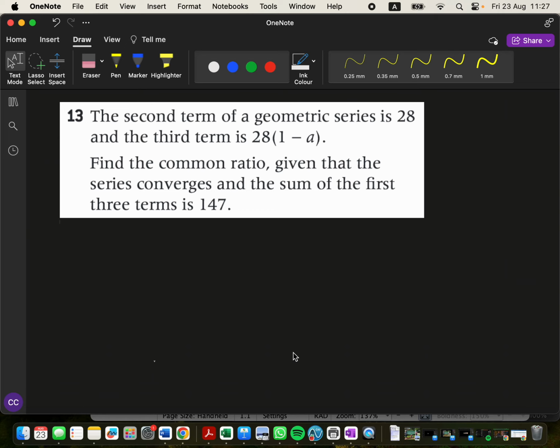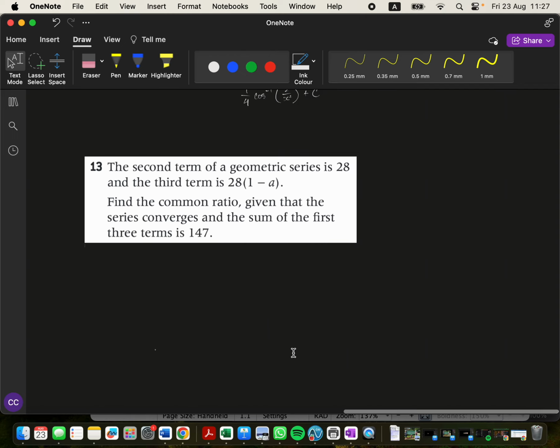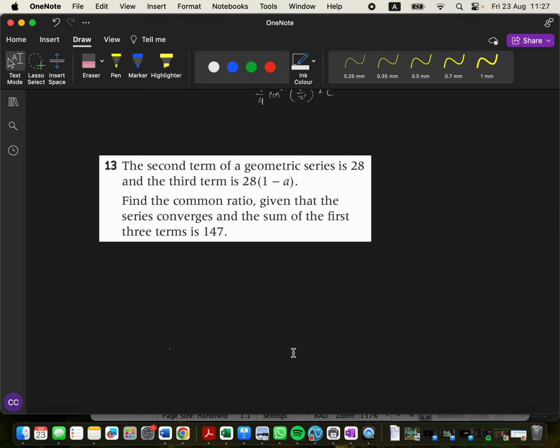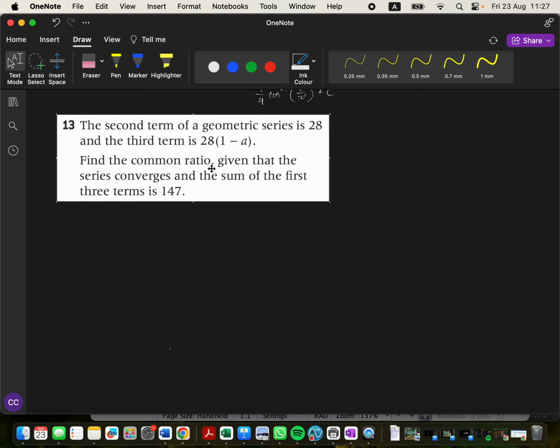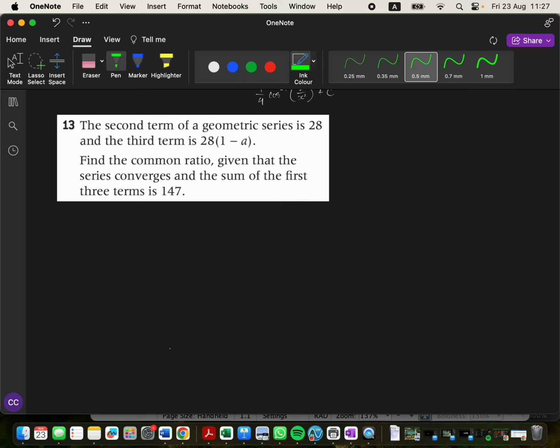All right. This question is question 13 from exercise 1C. Just wanted to have some questions on it. Want to make sure that everyone was able to understand it. So we are given some information. The information that we have is that